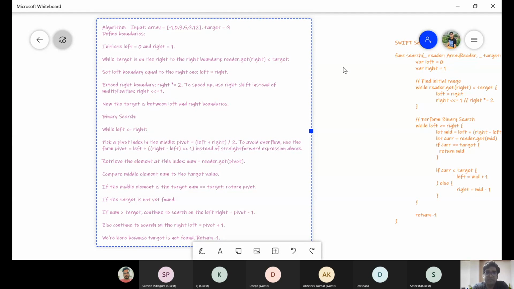As I wrote the example on the top, we do not know the size of the array, but we need to search for the element 9, whether it exists or not.